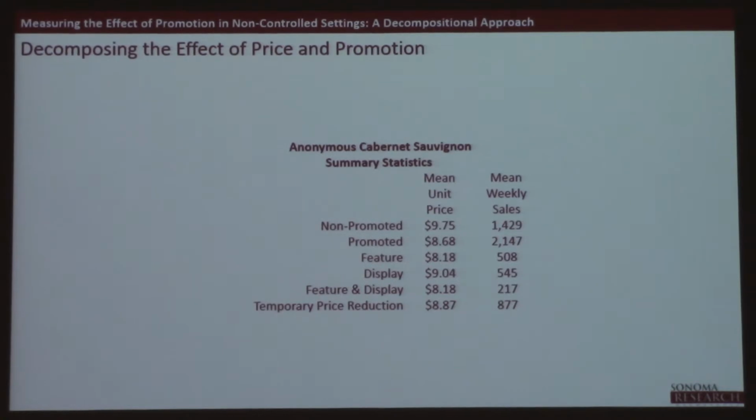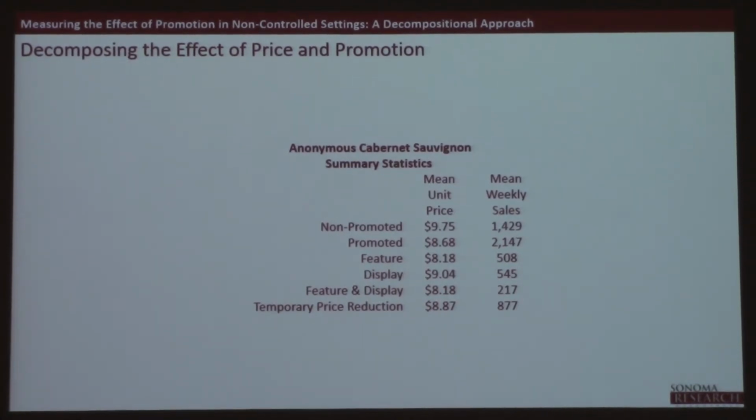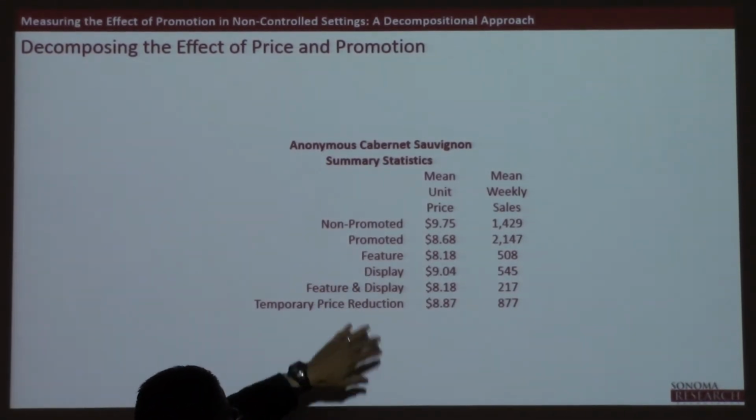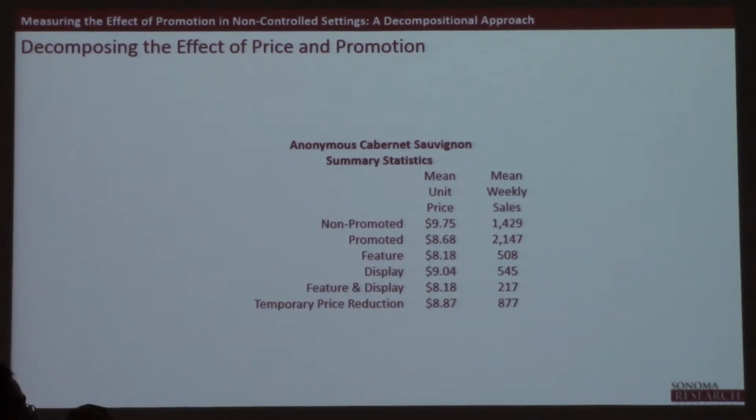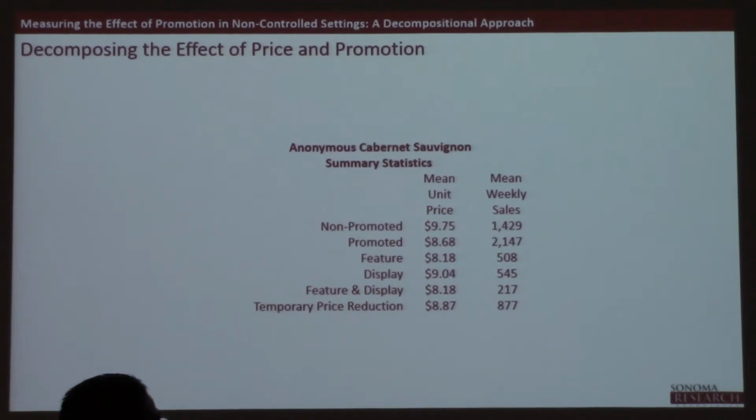And we can see overall the difference between promoted and non-promoted prices is over $1. And within each of those, feature, display, feature and display, and TPR, temporary price reduction, all of them have a difference, and the lowest one is $8.18, which is again more than $1. So when you promote, you generally lower price,